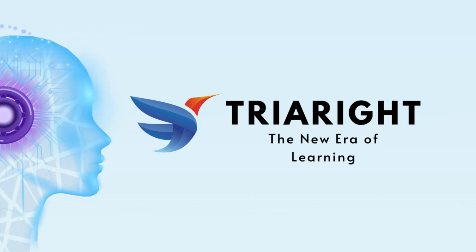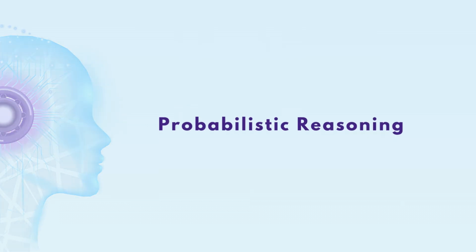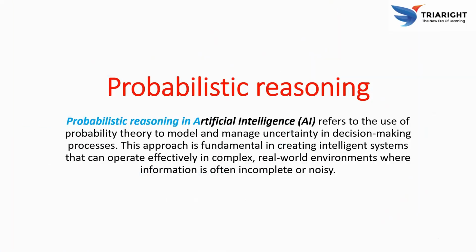This is pack 365. In module 4, today we're going to discuss probabilistic reasoning in artificial intelligence. Let's begin the topic. Probabilistic reasoning in artificial intelligence (AI) refers to the use of probability theory to model and manage uncertainty in the decision-making process. This approach is fundamental in creating intelligent systems that can operate effectively in complex real-world environments where information is often